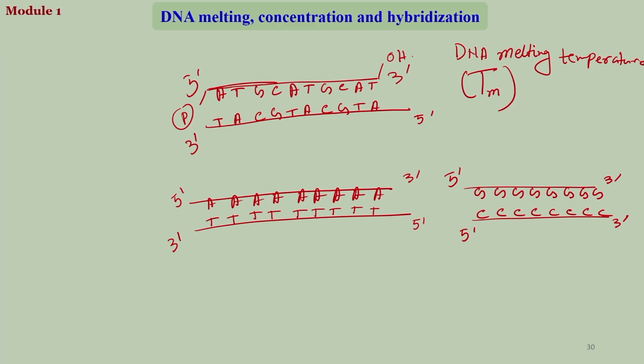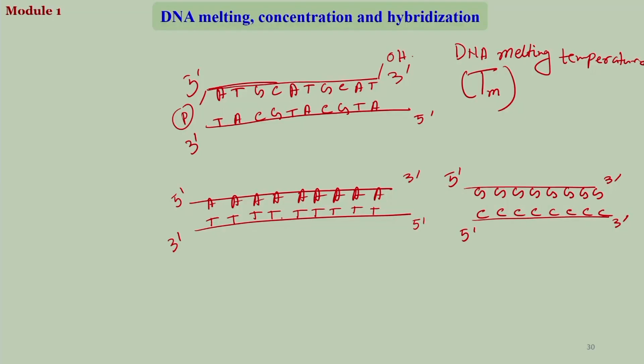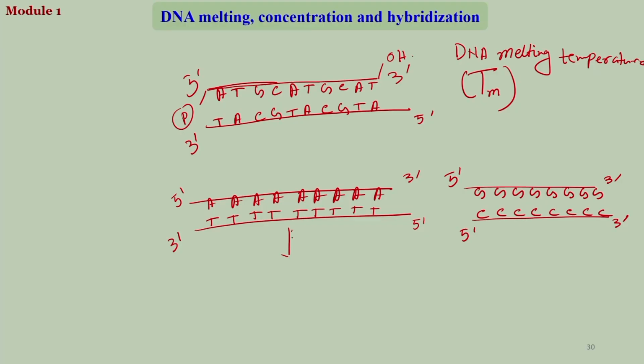Now this is like any other melting point that you know. If you have a compound, melting point means the 50% of the compound should melt away. So for DNA, the melting temperature is the temperature at which the 50% of the double strand is melted away